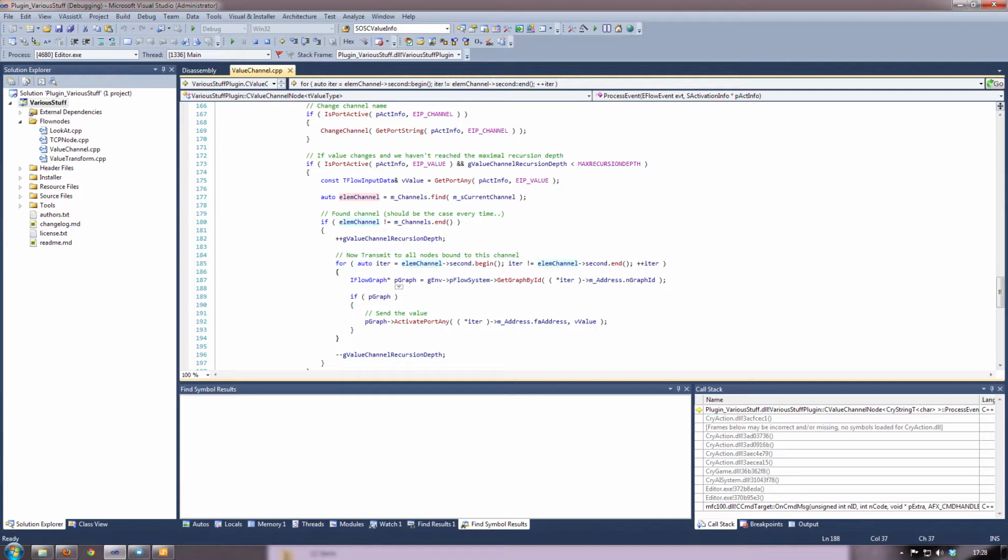And we're going to do this by retrieving the graph ID from the address for all the nodes inside this channel. So we retrieve the graph ID because each node could be in a different graph, and if the graph still exists, so we get a valid graph ID, then we are going to activate the output port of another node. So we are not currently inside our own node, but inside all the other ports. So we are activating here an output port of another node. So what this means is